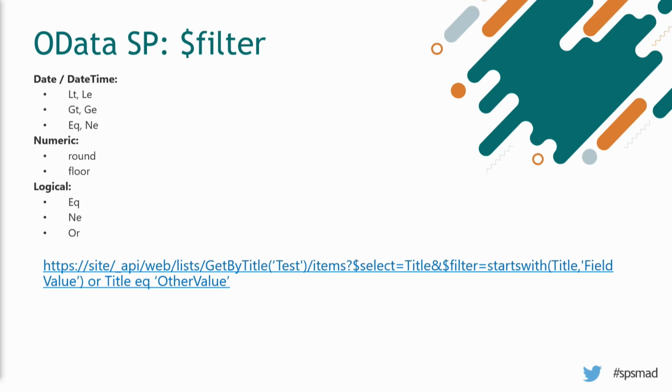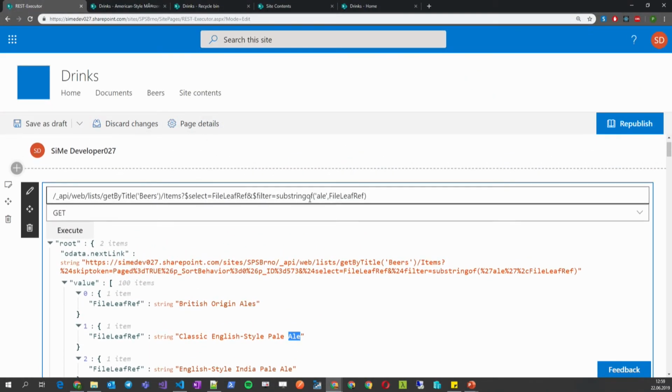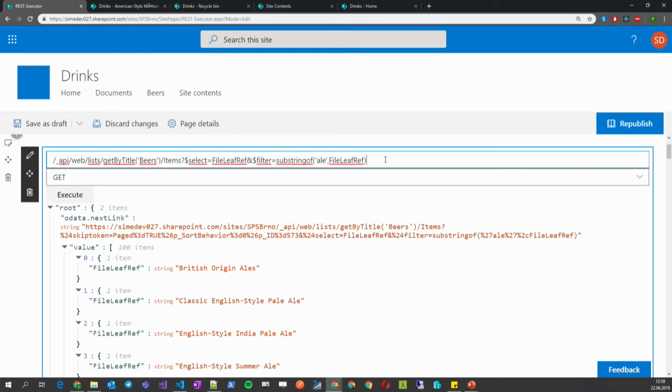Maybe this one. And now we are going to look for all the beers that contain ale, and we are going to create an additional